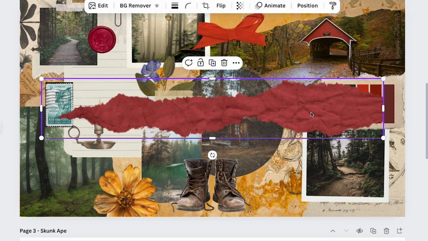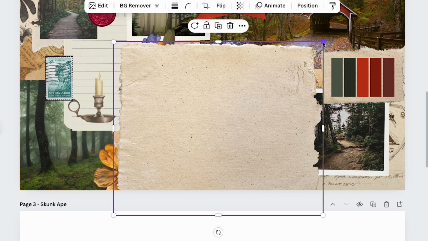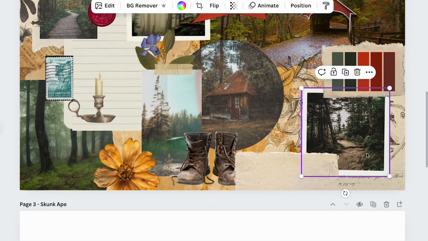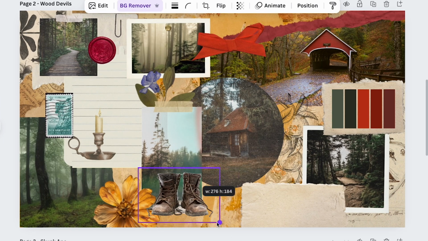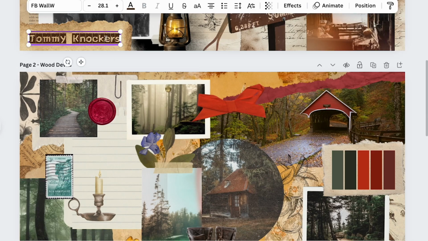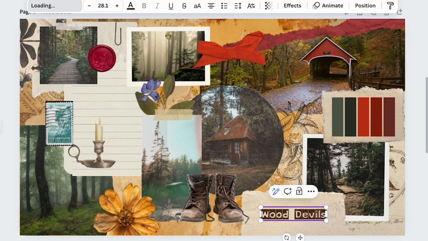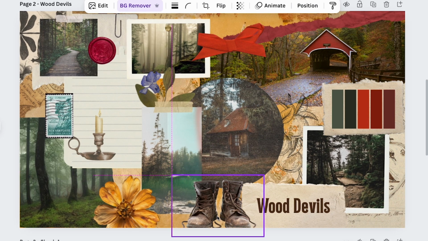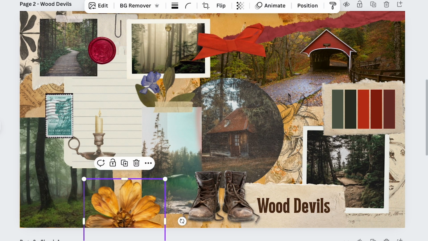The stamp brings in even more texture and gives a little more detail that hints at the cryptid's location. I felt like this mood board gives off a very classic cryptid core vibe, since this is a forest-based legend, and so it only felt right to include imagery like a flashlight and worn hiking boots. I wanted everything to feel aged, used, and slightly withered, and I feel like this allowed for a nod to the Woods Devil itself, which is said to be constantly watching yet never seen, and always slipping